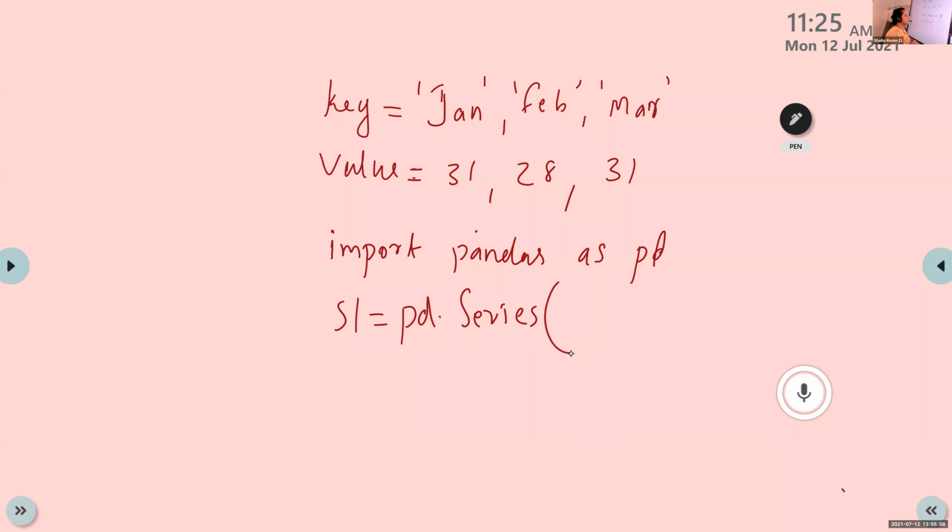Then within curly bracket, Jan within single quotes. Then how can we write 31? How can we represent a pair in a dictionary? Using a colon. Using a colon, we can represent a key-value pair. A key-value pair is represented using key colon value. Is it clear, Irfan?